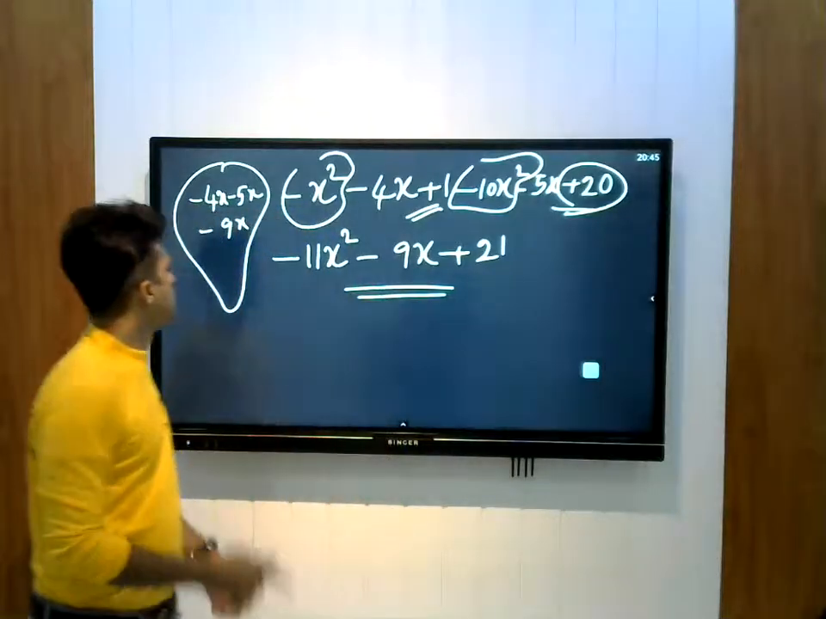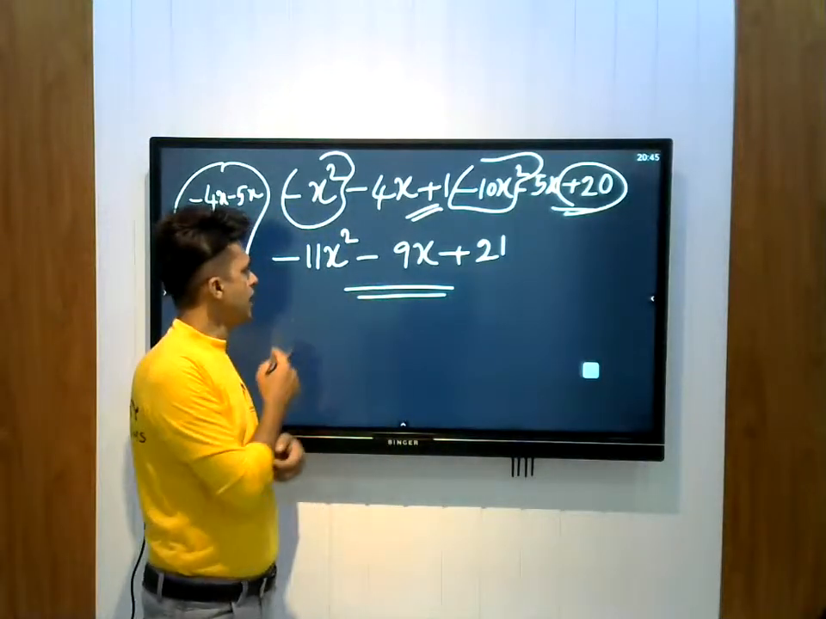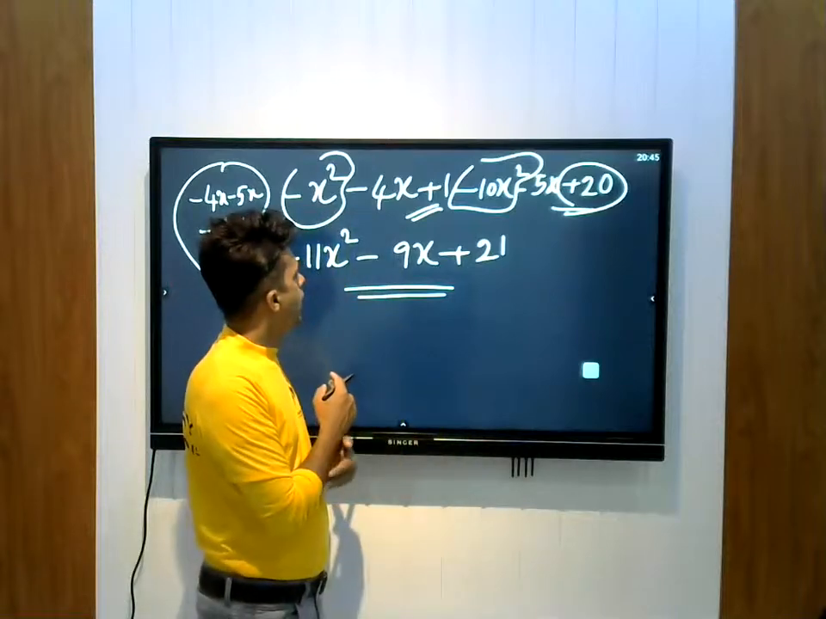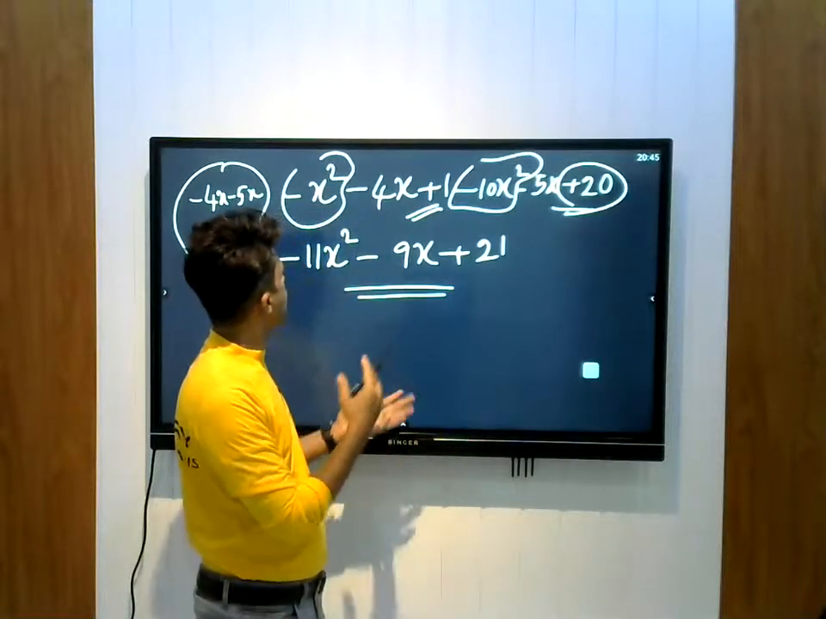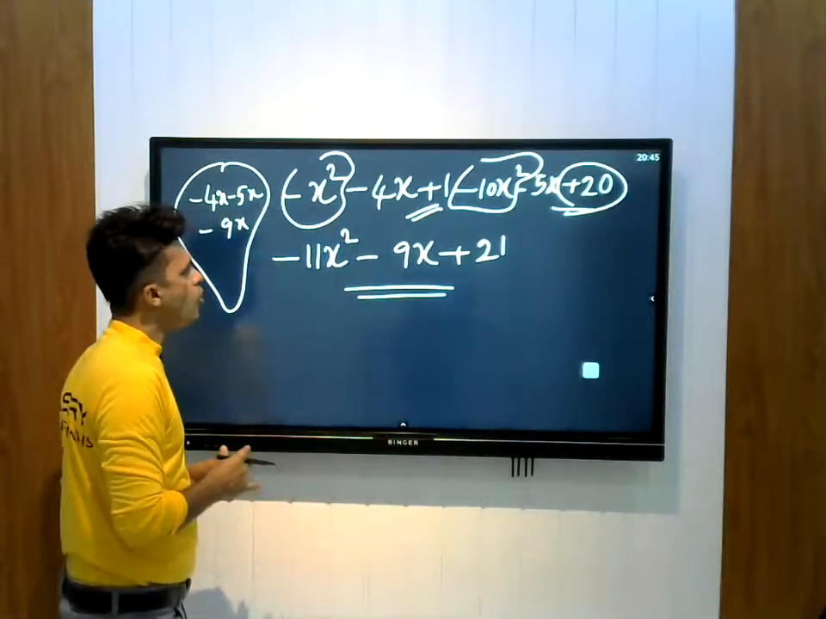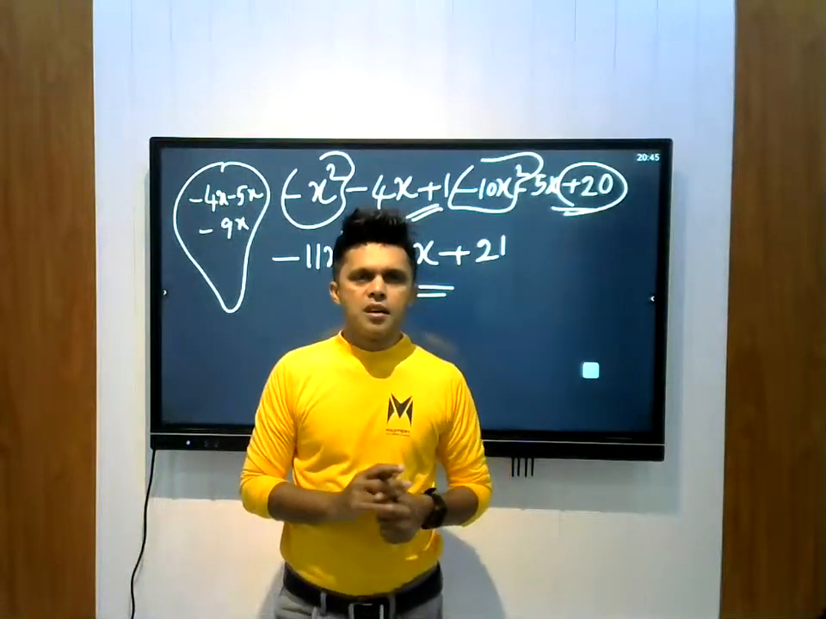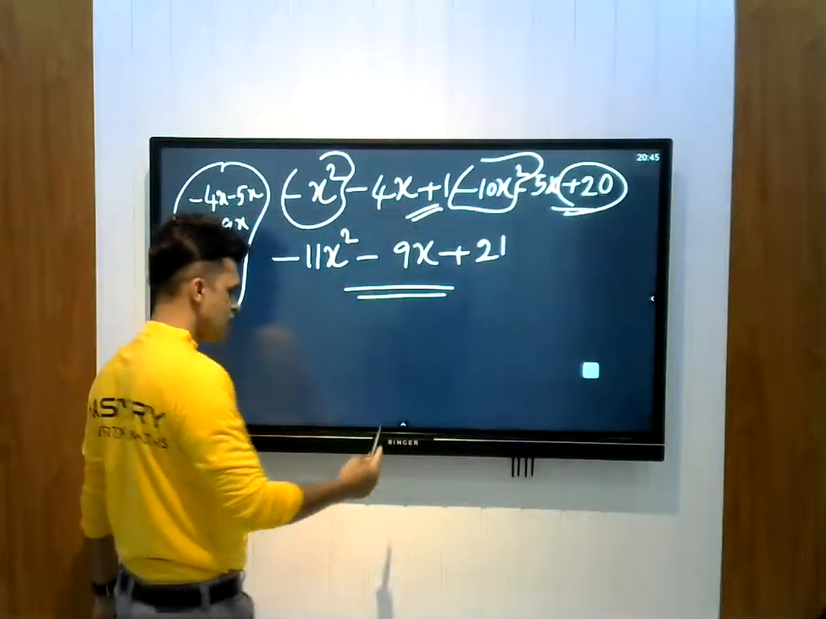Plus 21. Minus x squared, minus 11x squared, minus 9x plus 20. 1 is the answer. You cannot simplify these terms more. The reason: these are unlike terms. Now we will be starting